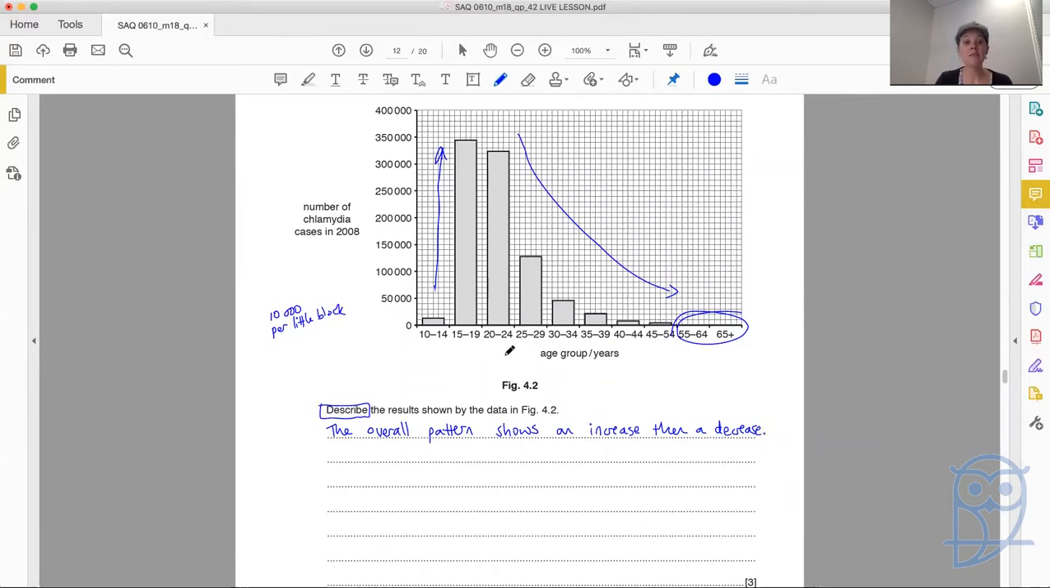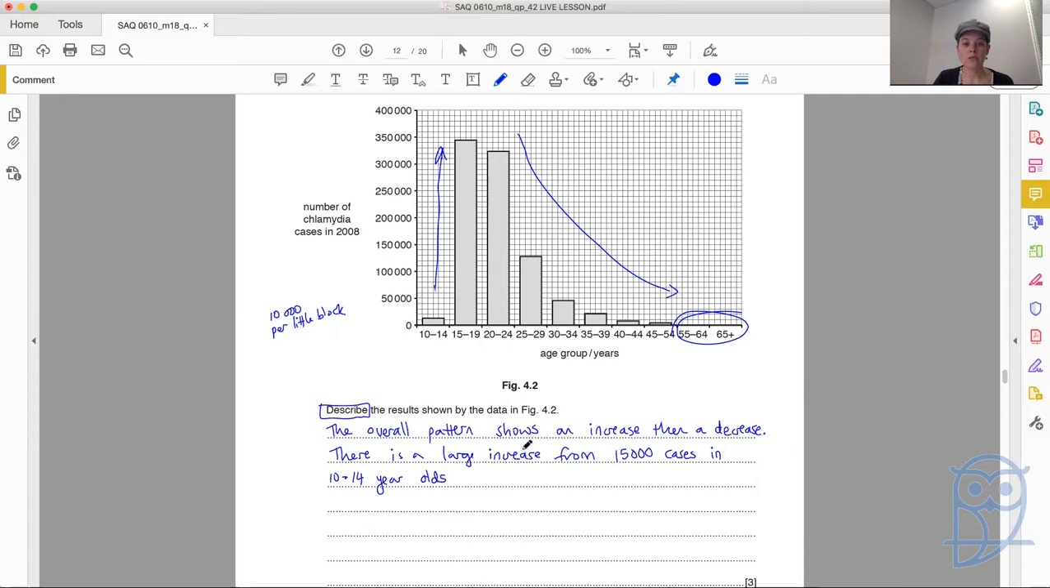Okay, so then we get a little bit more detail. So there is a large increase from how many cases in the 10 to 14? Well, we can see it's not quite on the line, and it's not on that line. So halfway between, two blockies would be a 5. So we have a 10 and a 5. So 15,000 cases in 10 to 14